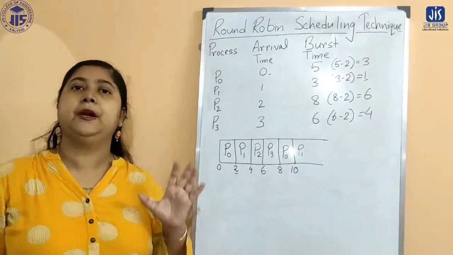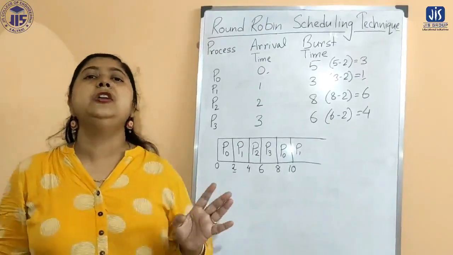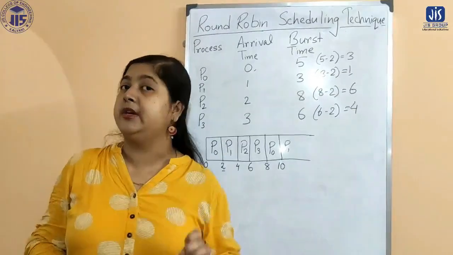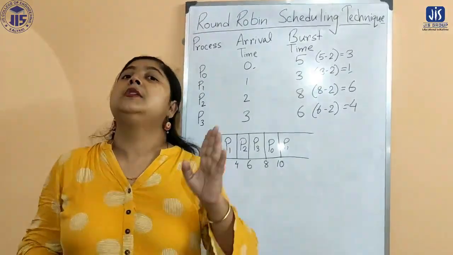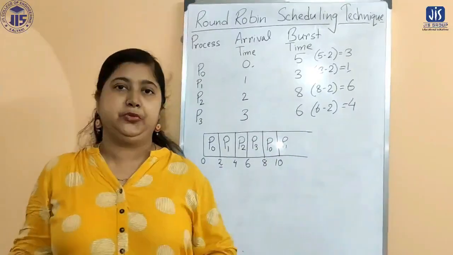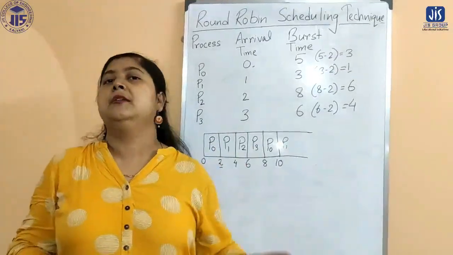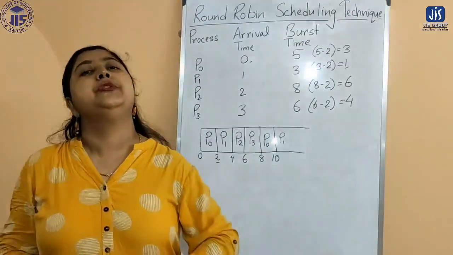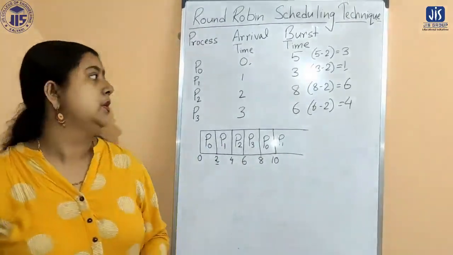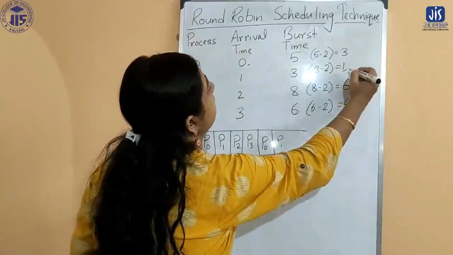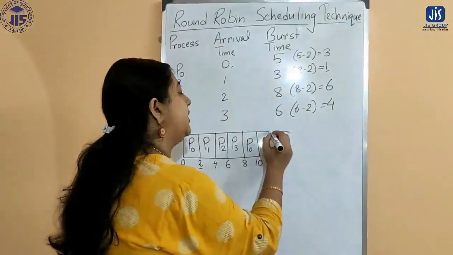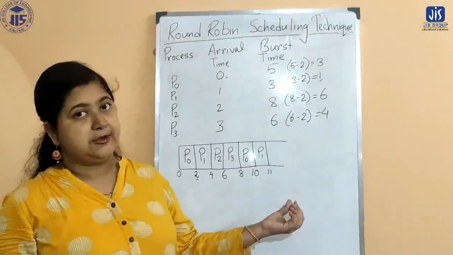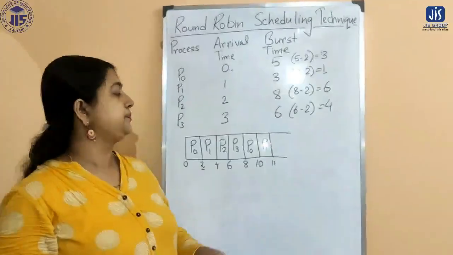Okay. So if the process completes, it is not going to continue for that time slot, that specified time quantum. If the process completes its execution, then obviously it doesn't need the processor at that time, so it is going to give back the processor. In this case, P1 required only 1 unit of time, so it will complete at 11. So now 11 is the next time of change.